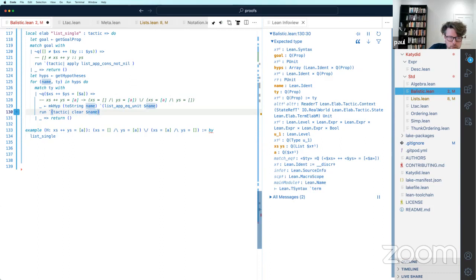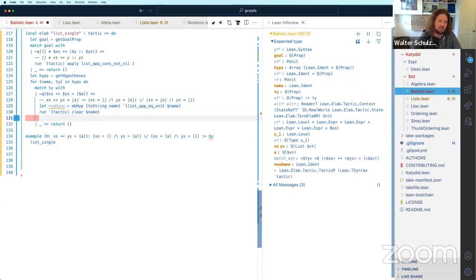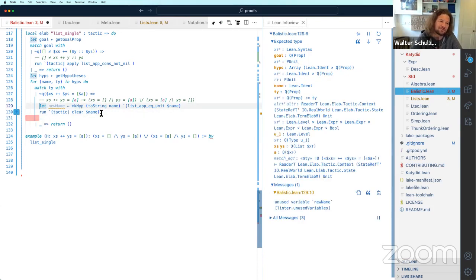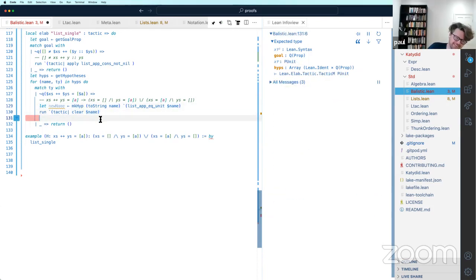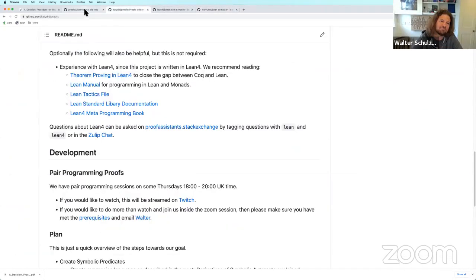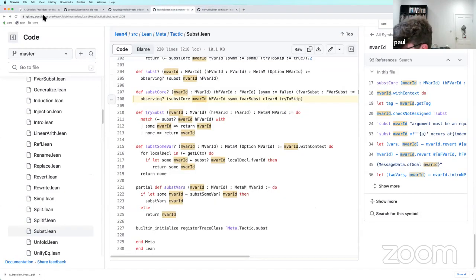Then do we want to clear it? Yeah, so this will be a new name. And then it would be nice to rename it after, so we clear to name, to override it. I think there is a tactic for that.